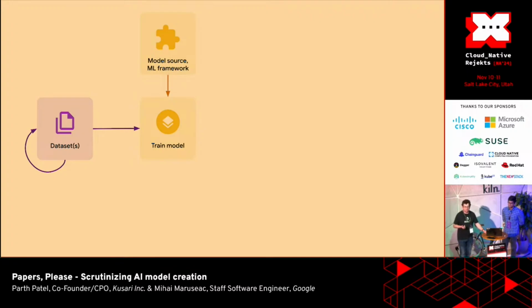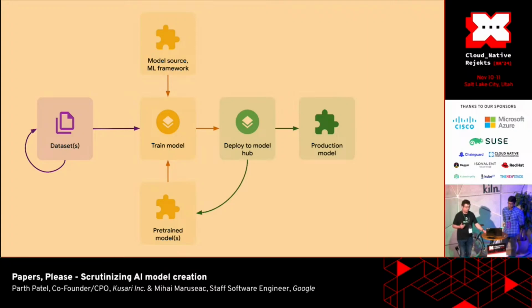Now that you have your model trained, you put it somewhere in storage, waiting for it to be used. Well, actually, there are two steps. For large models, you don't train everything in one single step. You train one step, put it in storage, get another data set, train further, and so on to fine-tuning. So you have this iteration going back into the training process via a pre-trained model. And at some point, you say, now I want to put the model into an application. You elevate it to a production model, do a release, and then embed it into the application. So this is how you build AI models in general.